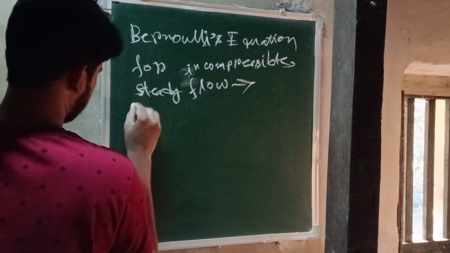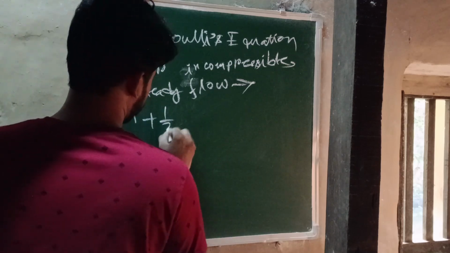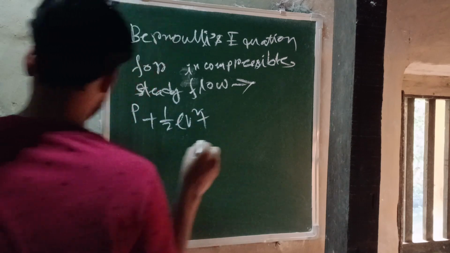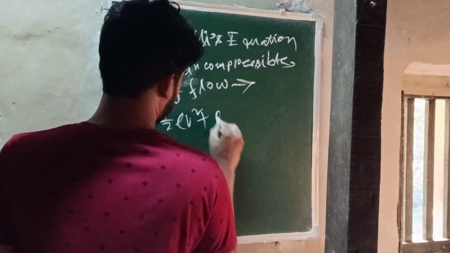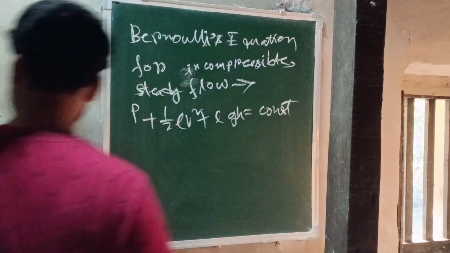What is Bernoulli's equation? Bernoulli's equation is P plus half rho v squared plus rho g h equals constant,